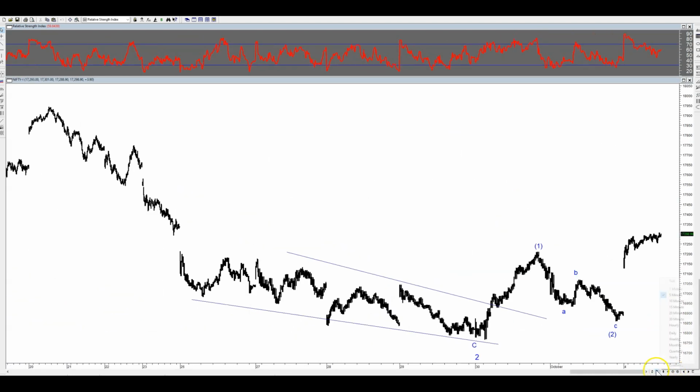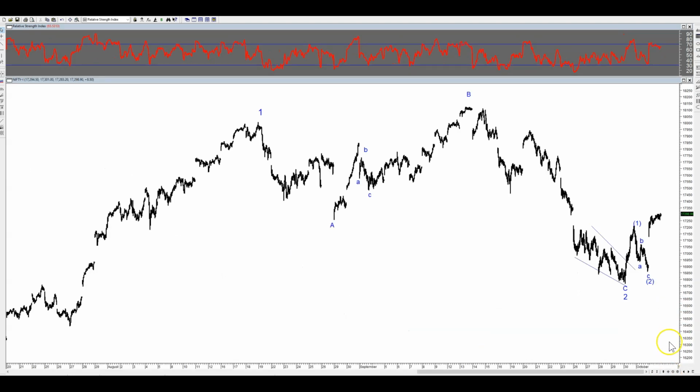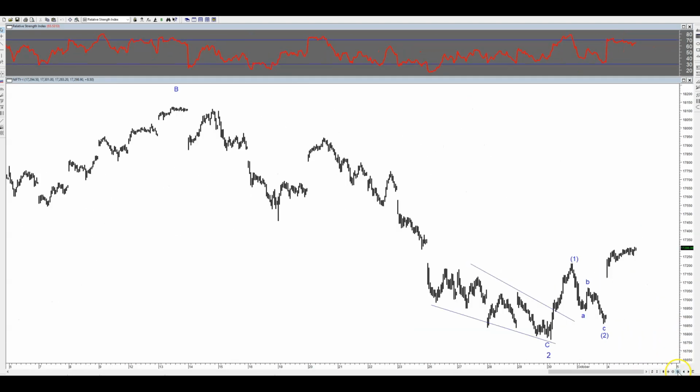Okay. So a three-wave decline after an impulsive rise can be counted as wave 1 and wave 2. So even though the market was falling, we knew that this was possibly a wave 2 formation, and therefore we needed to hold on to some long positions, and that is what we did. Obviously we were not completely long, but we were long about 70% of our positions, and 30% was cash, and